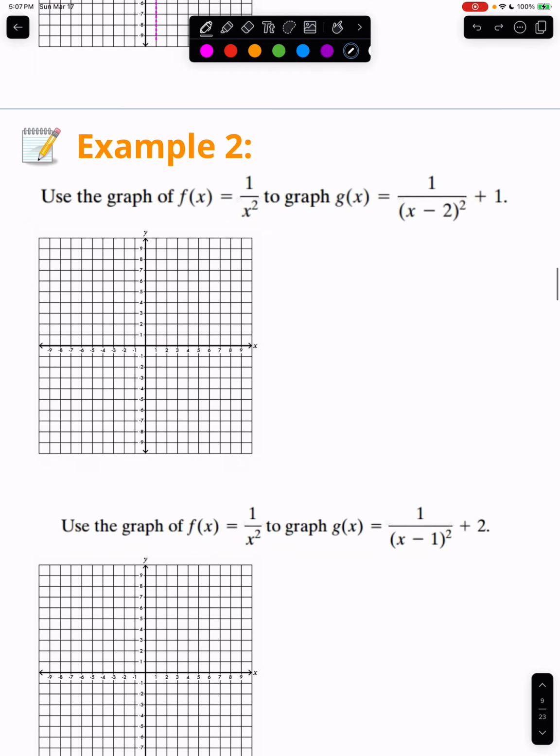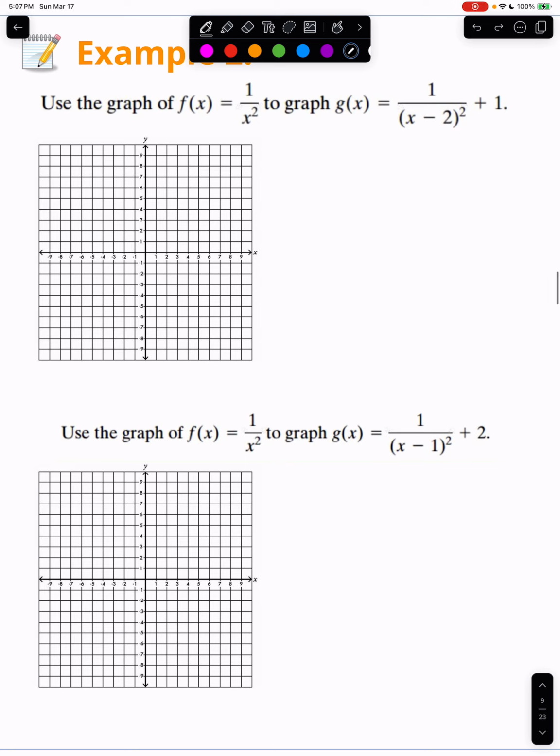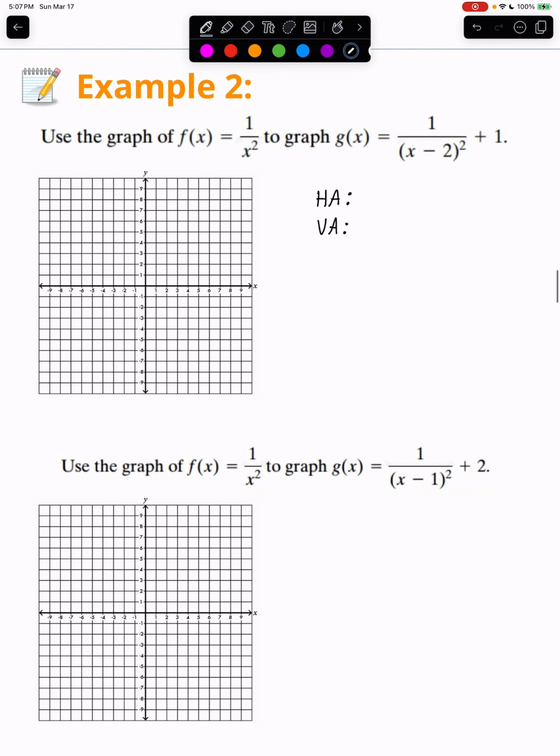All right, so here's the first couple. First thing I'm going to do is look at what's happening here with those numbers. Where's my horizontal asymptote going to move to? And where's my vertical asymptote going to move to? This might be a little confusing at first. You can scroll up and look, but to give you a hint here,